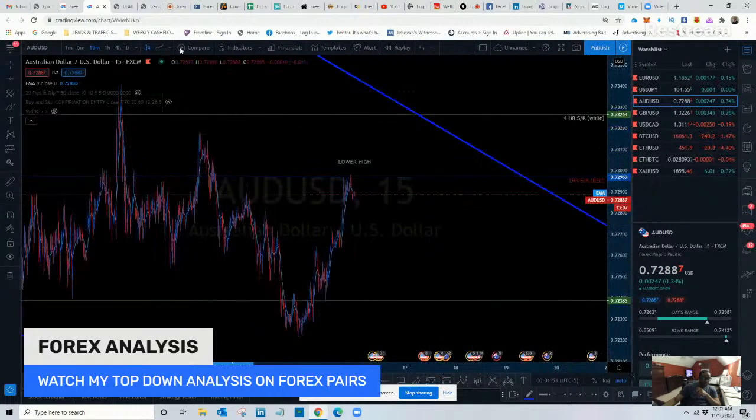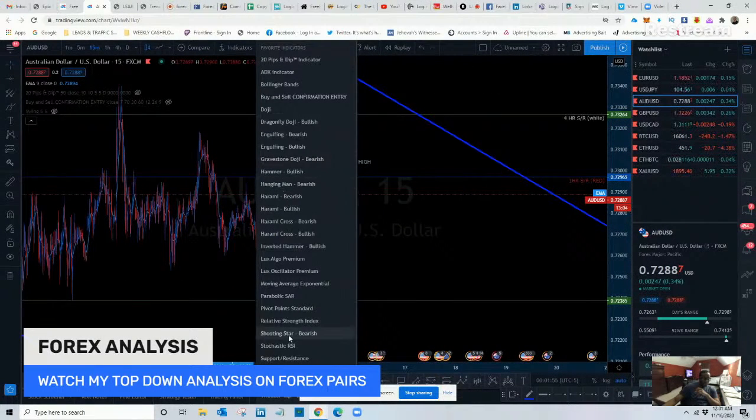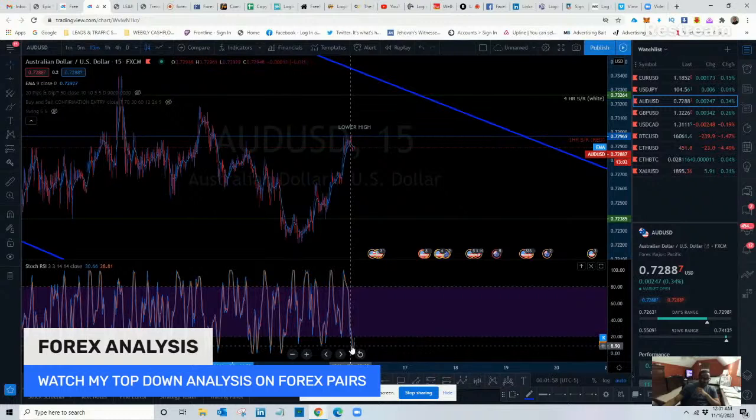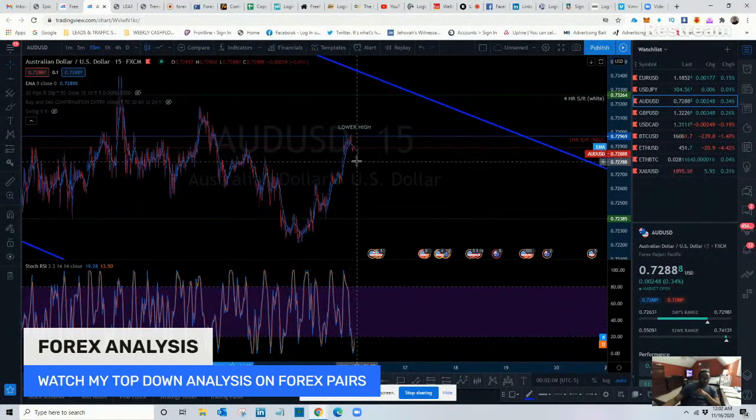But at this point, I'm not going to use that. I'm going to look at the stochastic RSI. So it lets me know that price is retesting, but it's probably going to shoot down again. So it's probably going to create a lower high, like I said. So it went up and came down, might create a lower high and then come down again. So at this point,